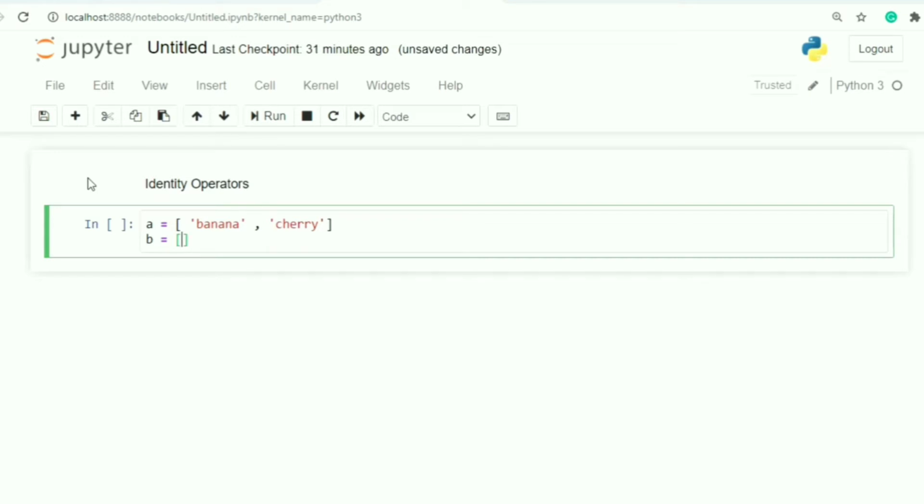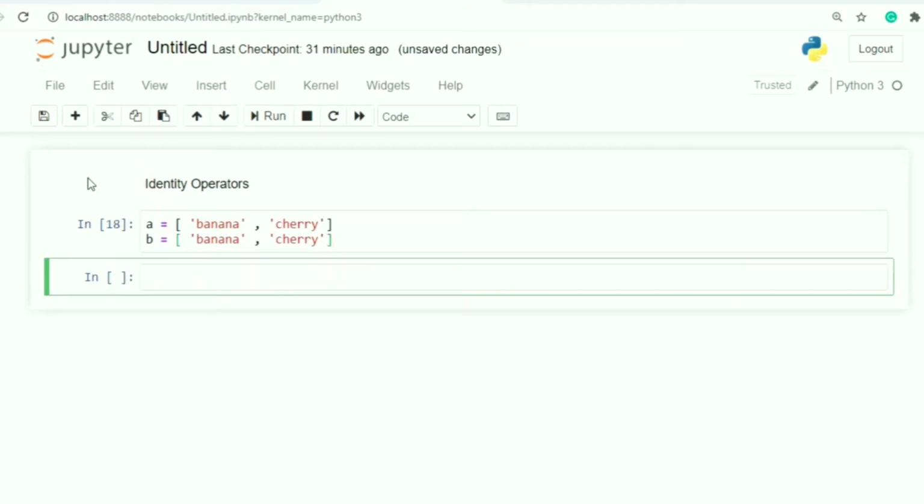This is also having the same items. Cherry. Let me execute this. Now if I am comparing,